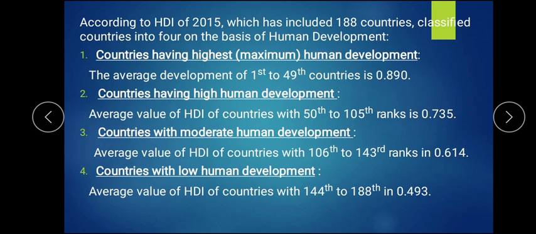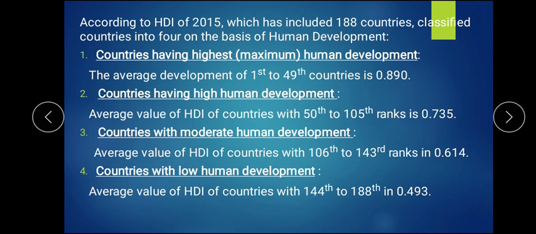Now according to 2015, there were 188 countries, and they have been classified. The countries with very high human development, having 0.890 and above, were ranked from 1 to 49. Then countries having high human development are ranked from 50 to 105, with a range of 0.890 to 0.735. Then 0.735 to 0.614, the countries come from 106 to 143 rank, where India is also there with 130 rank